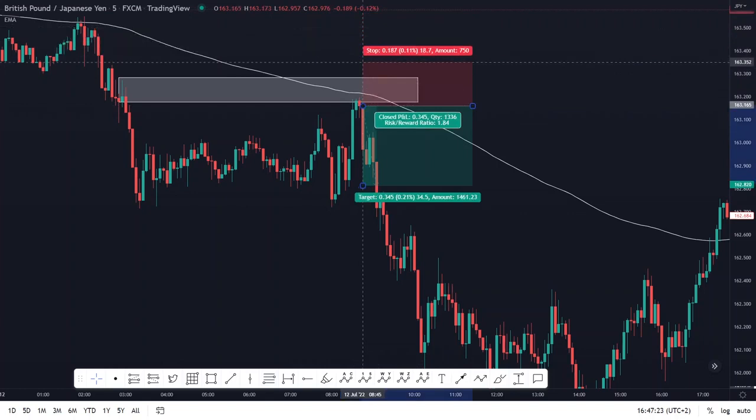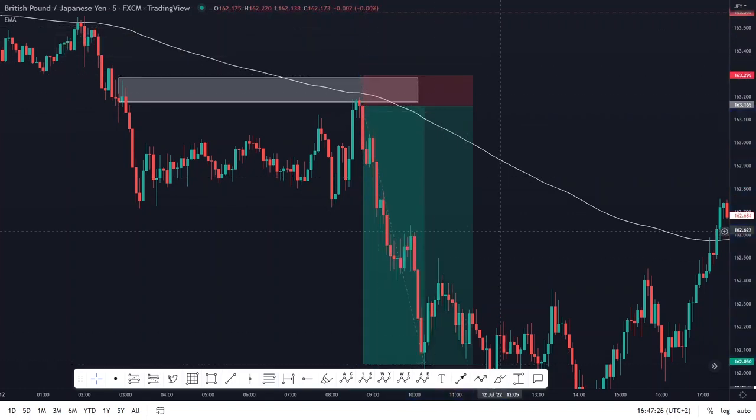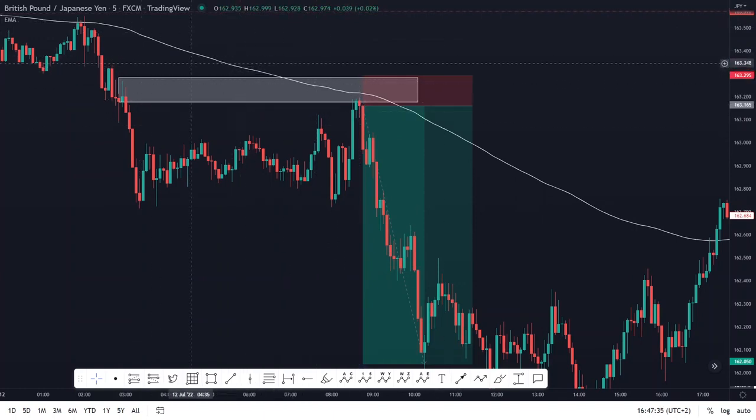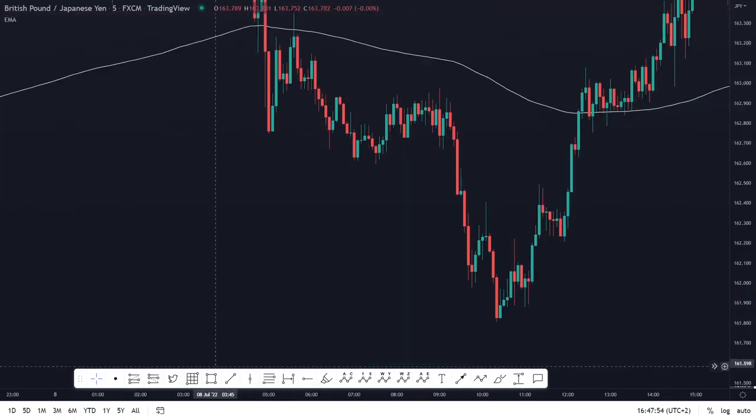Then we enter here, stop loss above, target. This is 1:8. As you can see, we also confirm that our 200 moving average is above our price action. We can also see from this one here that price is below, our moving average is above